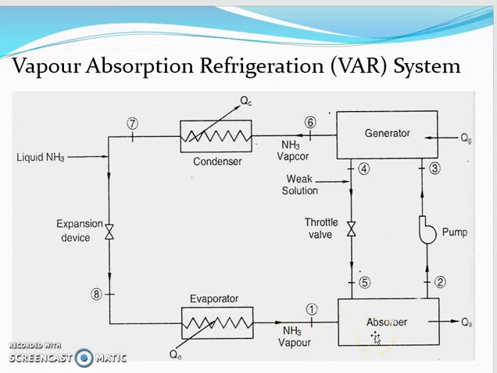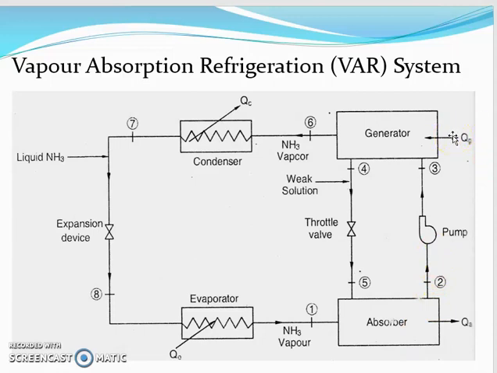Now some liquids have the capability to absorb certain vapors, and thereby reduce the total volume. Cold water has the ability to absorb NH3 vapor. NH3 vapor coming out from the evaporator mixes with aqua ammonia solution in the absorber. That absorber can be cooled by circulating cooling water through water pipes. The strong warm ammonia solution formed in the absorber is then pumped to the generator with the help of a liquid pump,